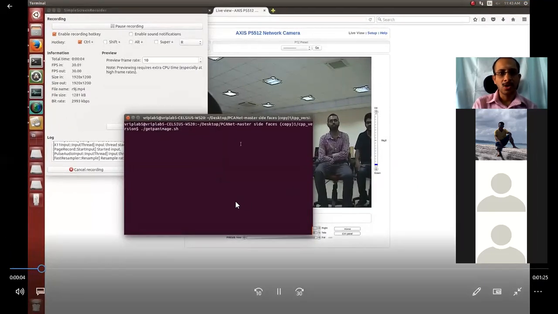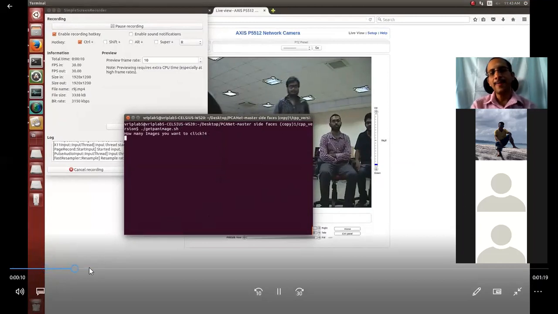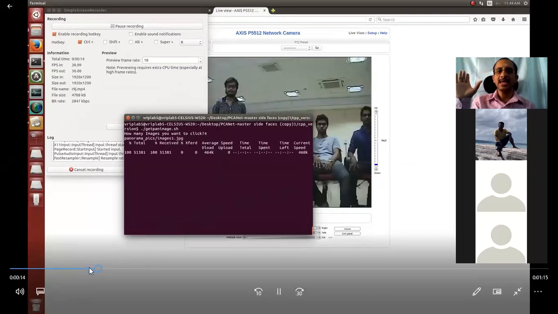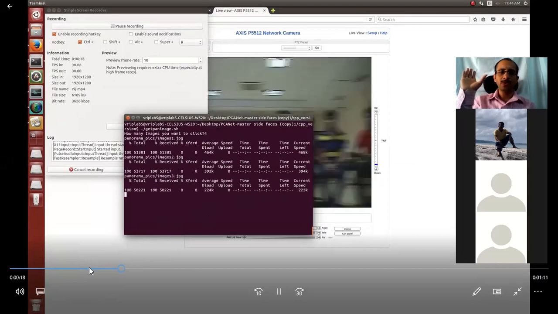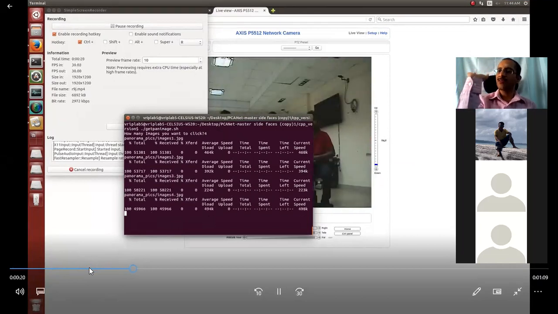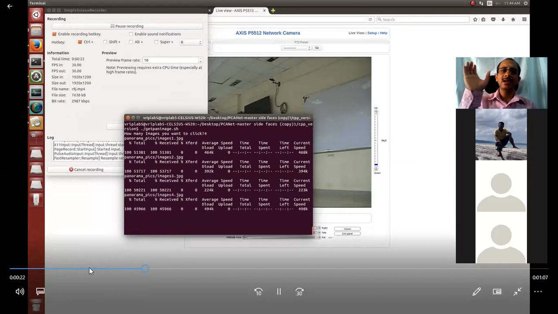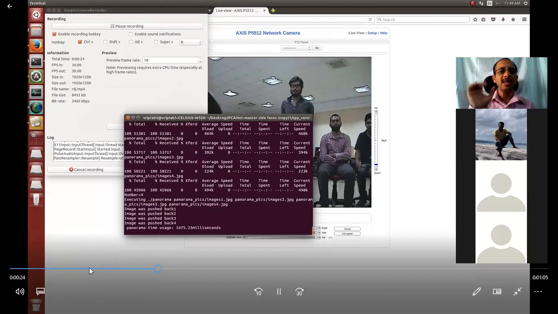Right. Okay. So he will be moving. There is a pan, tilt, and zoom camera. What that camera enables us is it can be programmed to pan, to tilt, and to zoom into any region.